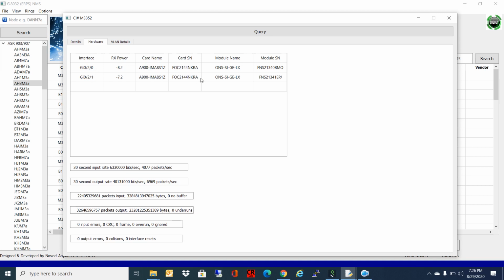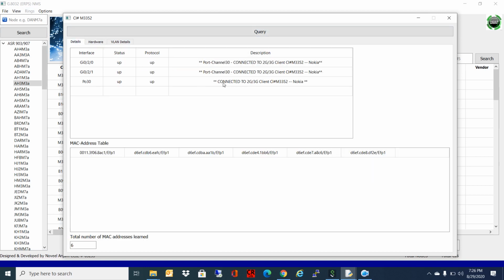Then we have the module name, the name of the module used on this port, and the serial number of this module. At the bottom of this table, we can see the input output rate, the packets received, and the total number of CRC errors, input errors, and output errors on this CI.